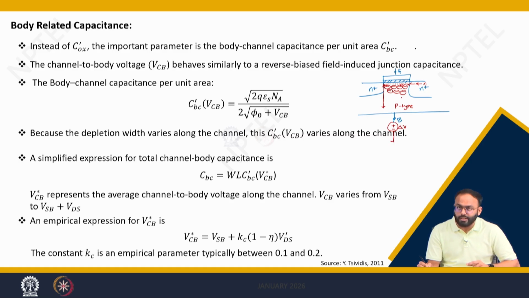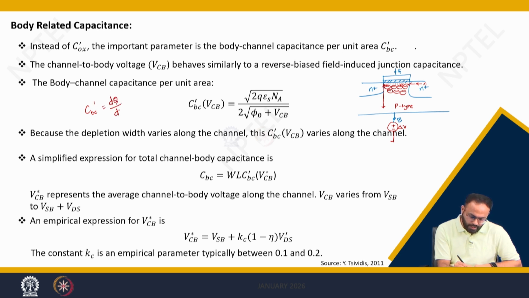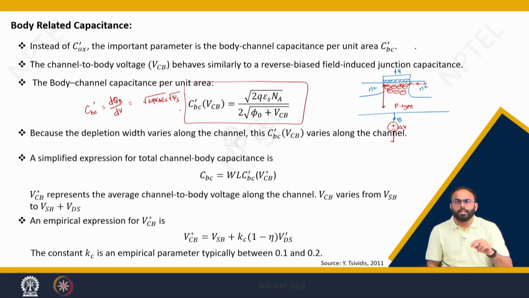Because of that, there will be a reverse bias PN junction, which is nothing but CBC dash, which can be given as delta Q divided by delta V, where we know QB can be given as 2 into q into Na into epsilon S into square root of psi s, right? And when you differentiate it, you will get this. So ultimately CBC dash is nothing but the capacitance present between gate and body, looking from the body